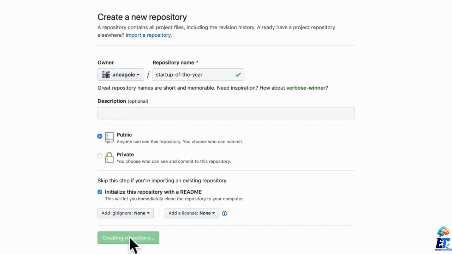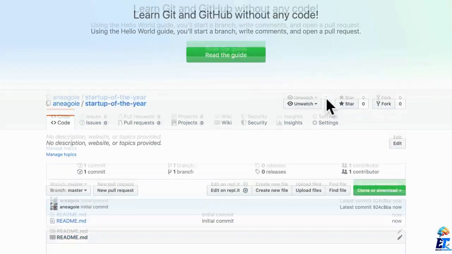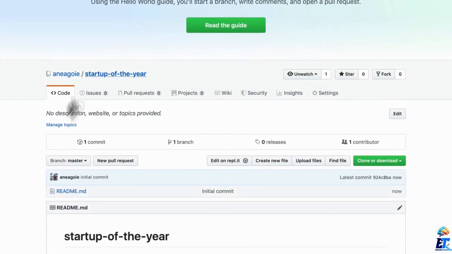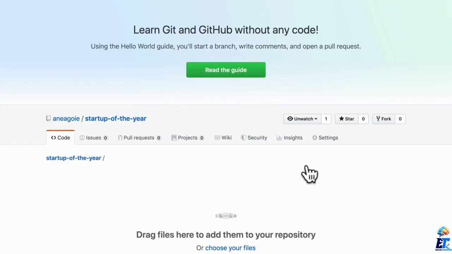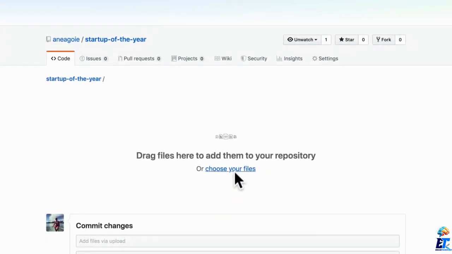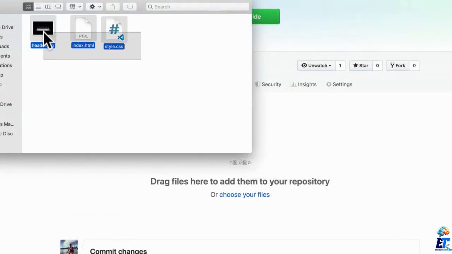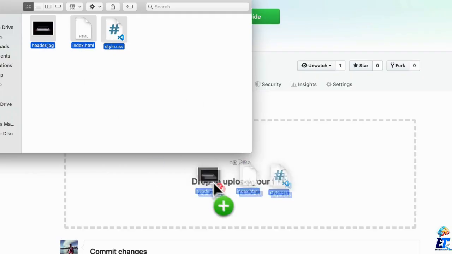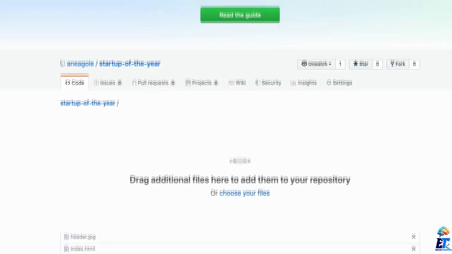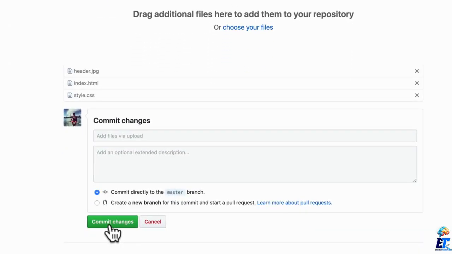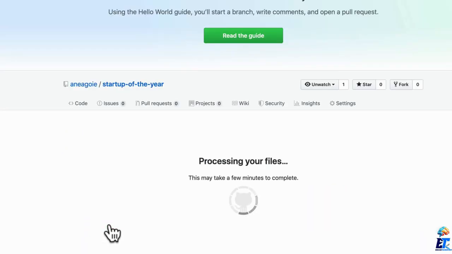Now if I click Create Repository, I now have an empty project. And all we need to do here is click on Upload Files. And we can just drag and drop our files. In my case, I can just grab these 3 files we've been working on, drag them over here. It's going to upload them, and we'll just hit Commit Changes. And check it out. Once that's done,